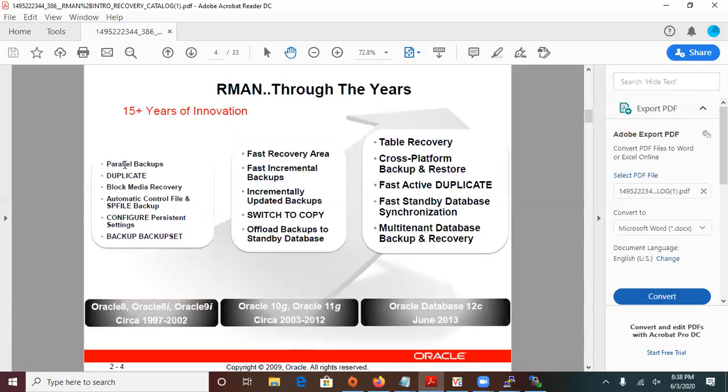Next. RMAN through the years: parallel backups, duplicate. Duplicate is basically like cloning. It's RMAN cloning, right? Which makes sense. You have active duplication and you have backup-based duplication. So the same way we have user managed hot backup, user managed cold backup, you have user managed hot cloning, right? We also have RMAN cloning, backup-based RMAN duplication, which is the same as cloning, or